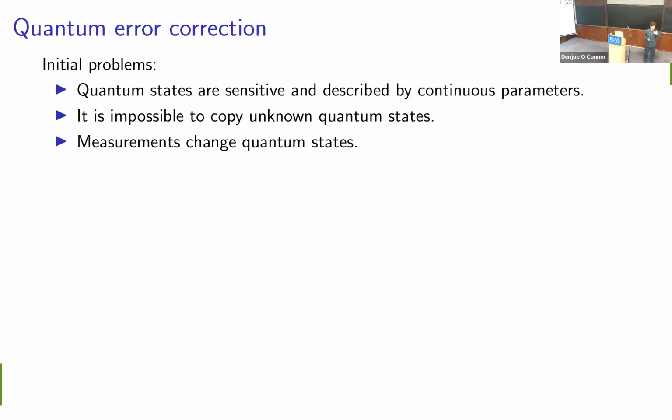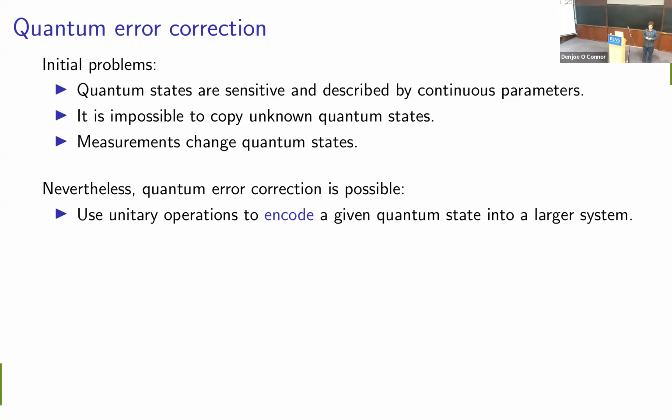And also, in the classical world, in order to compare the multiple messages I've received, for example, to take a majority vote, I need to actually be able to look at each of them. But in the quantum world, when we make a measurement, we change the quantum state. So again, this is something that makes quantum error correction quite a challenge. But it turns out we can actually get around these challenges. We do believe that we're going to be able to implement error correction on a quantum computer so that we can do large-scale computations and keep the errors as small as we want them to be.